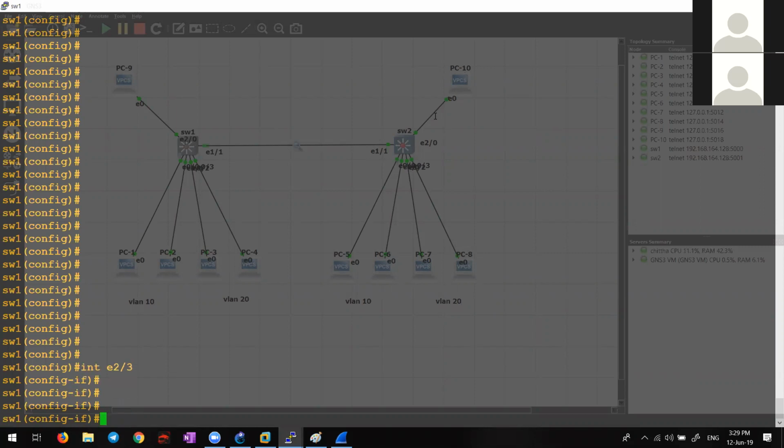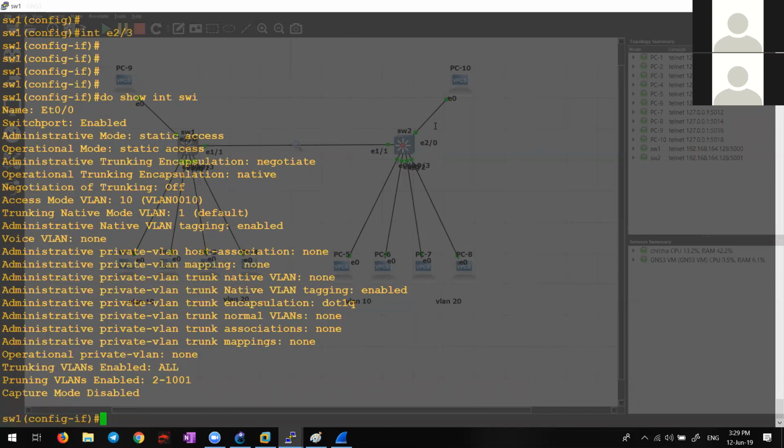Before doing that, do show interface switchport, begin name E2/3.